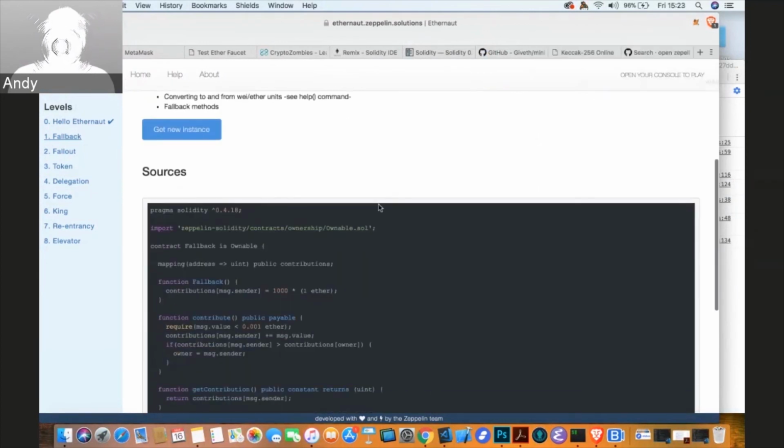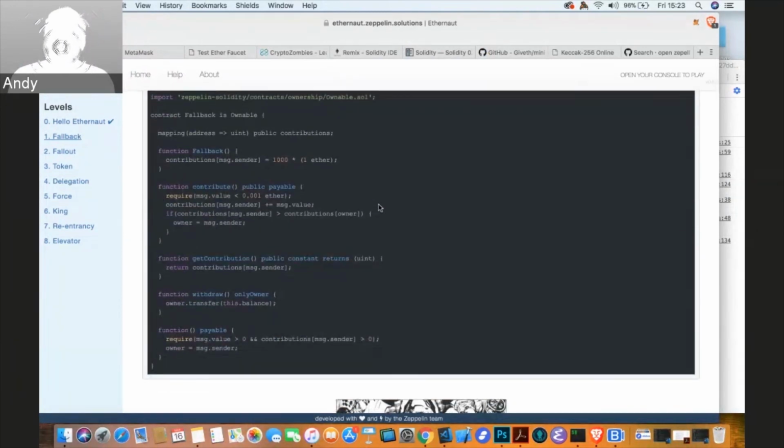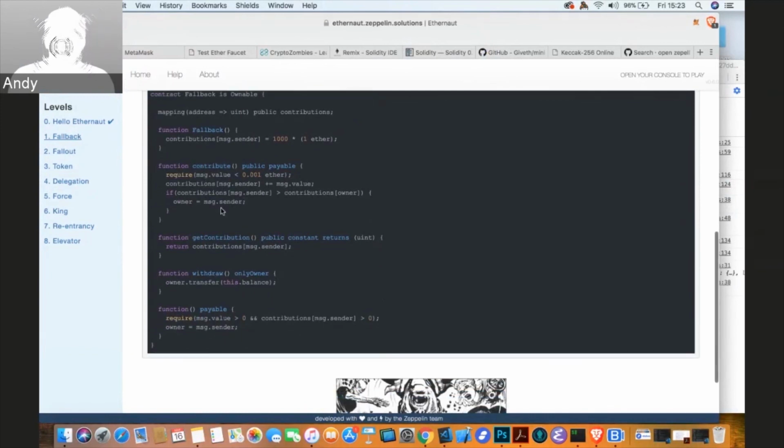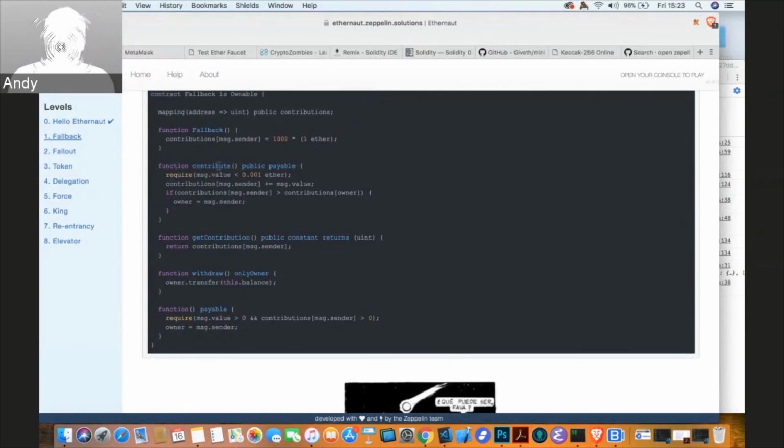While that is getting mined, you can see that there are two interesting places to look in this contract for potential vulnerabilities. The first is this contribute method, which has this require keyword. It came into Solidity after, I think, 0.4.14. Previously, you would have just written an if conditional, but